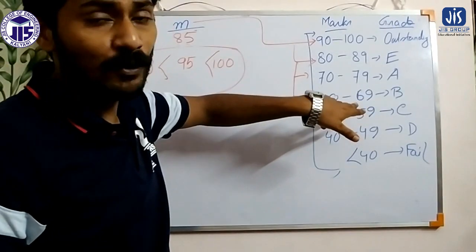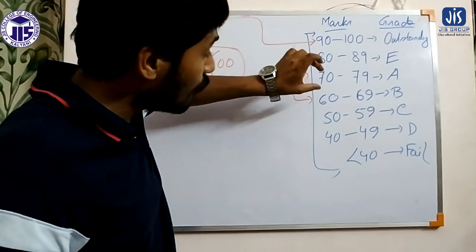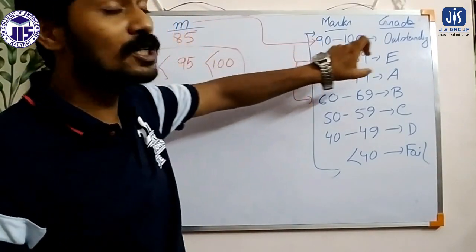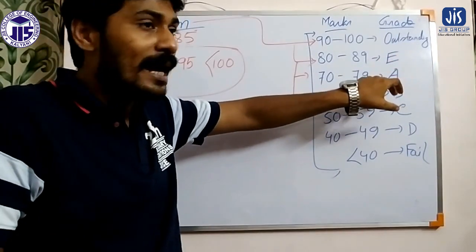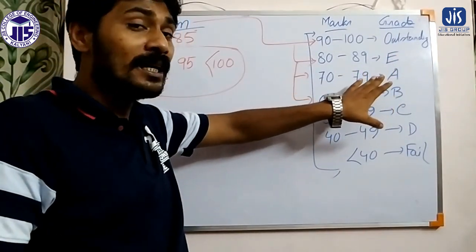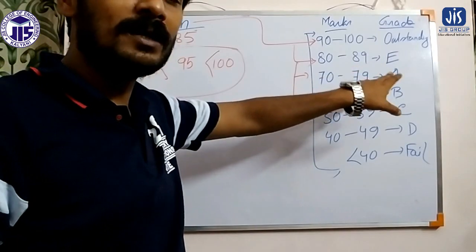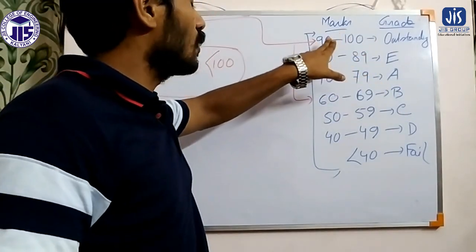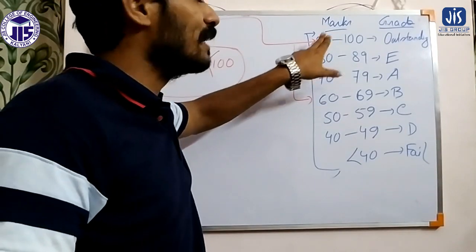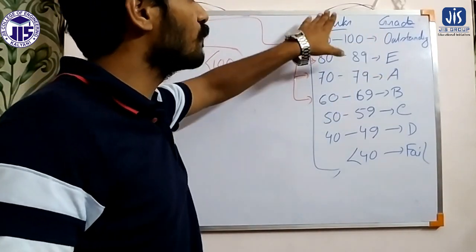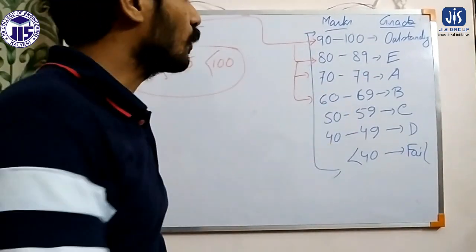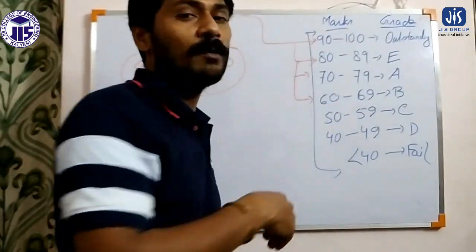60 to 69, for example. If a marks value is in the range of 60 to 69, it means that marks is obviously not in the range of 70 to 79, not in the range of 80 to 89, and also not in the range of 90 to 100. That means all these previous conditions are checked but false. Then it will check the next one, so we have to execute the program by using else if.